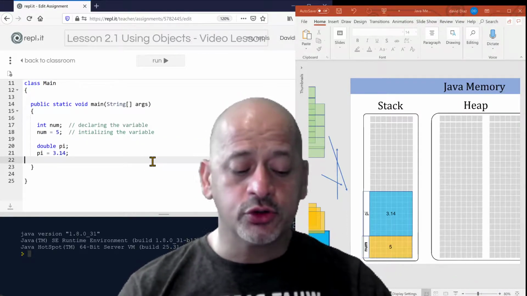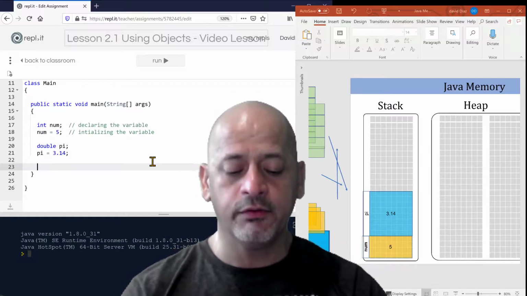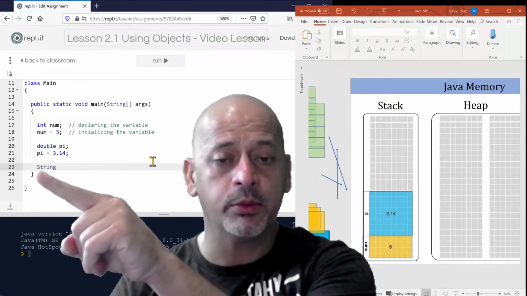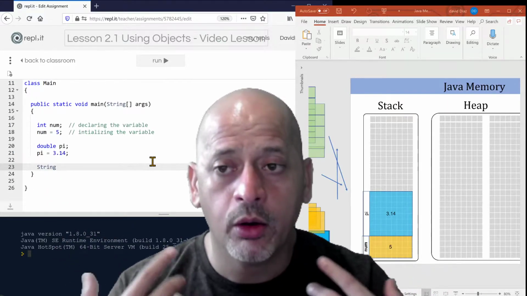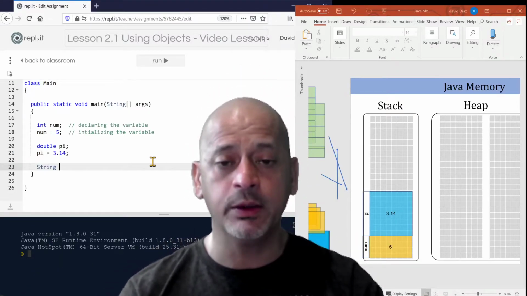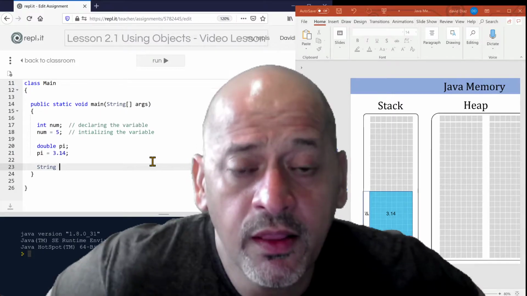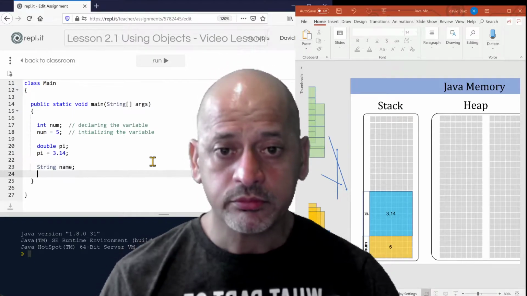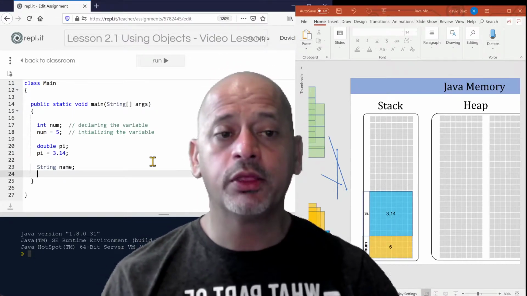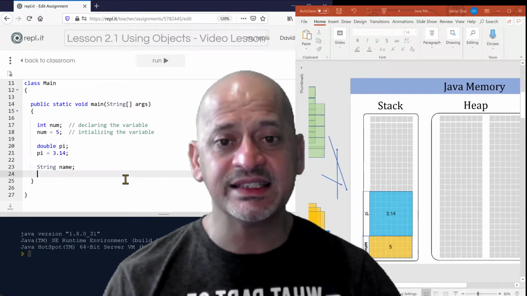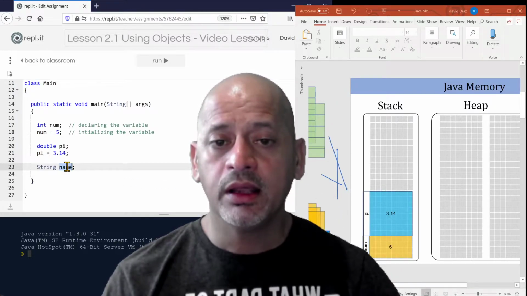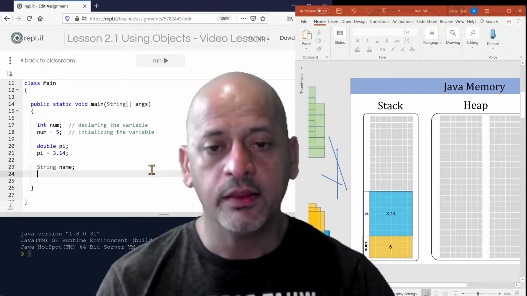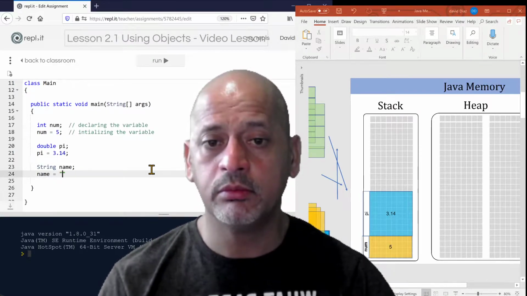Now for strings, it's going to work very differently. For a string, if you remember, we use uppercase. That should give you a clue that if it's an uppercase type, that is a class type, or what we call a reference type. And reference type is an essential word that will give us a little more understanding of what's happening. And just say name. So on line number 23, because this is a string name, the contents can only be stored in the heap. Once we actually initialize name is equal to Mike,